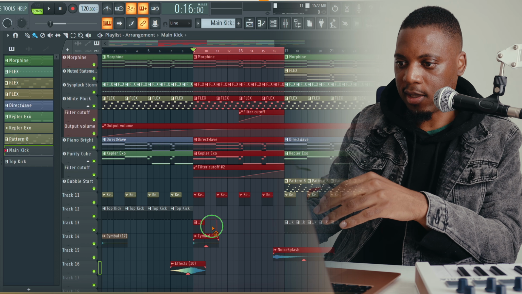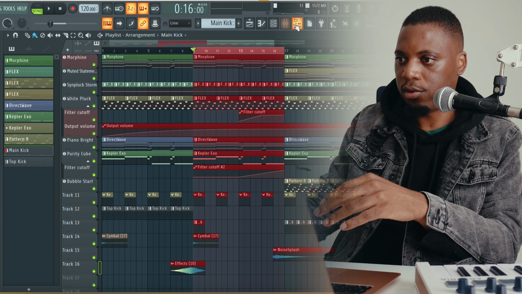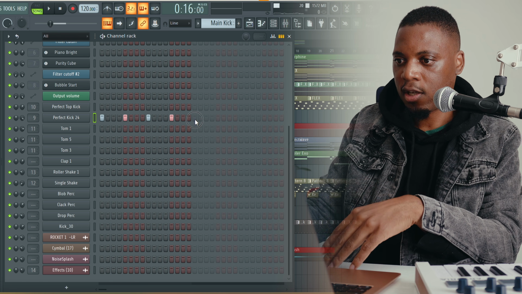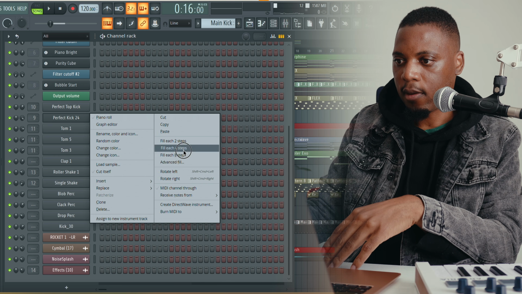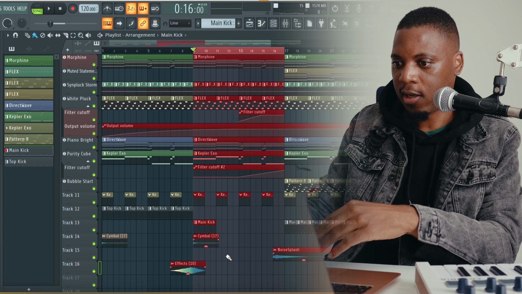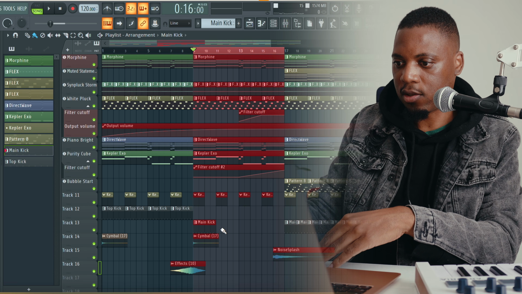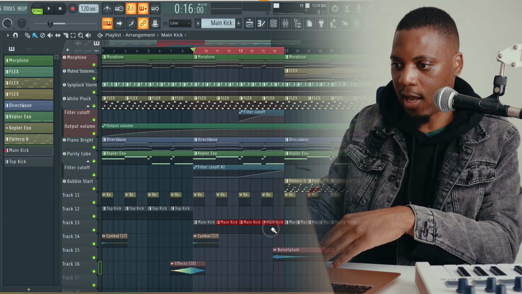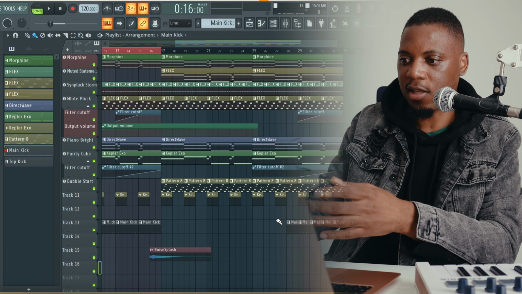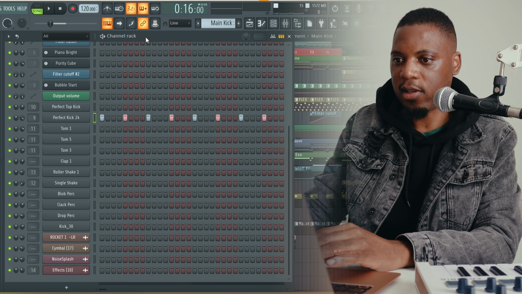So I'm just going to delete these, and then I'm going to go into my channel rack, and you can see here I'm filling in 4 steps. So I want to fill 8 steps so that I can double that, right? So now I filled in 8 steps like that, and you can see this is what the pattern looks like. So I'm just going to add more here, and then I'm going to delete the rest, which were 4 bars. So that's something that you want to do with your drums. So now that I've got the kick,